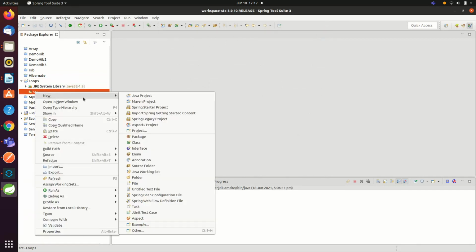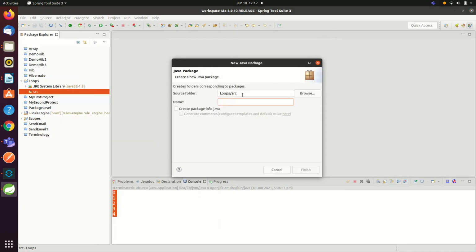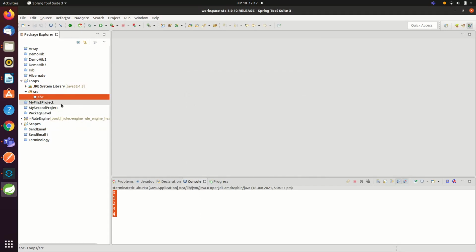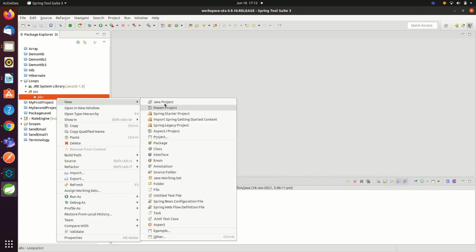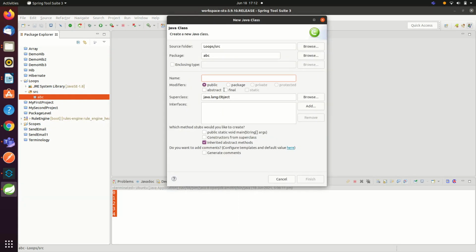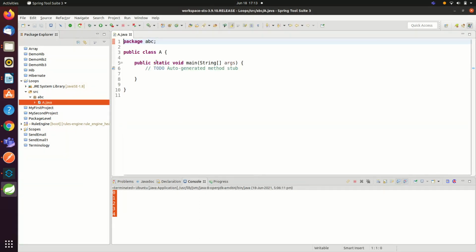On the src folder I have right clicked and I'll create a package abc. Finish. I will create a class inside the abc package. I will give the class name as a, and I need a main method, so I clicked on the checkbox and finish. Yeah, I've got a main method inside class a.